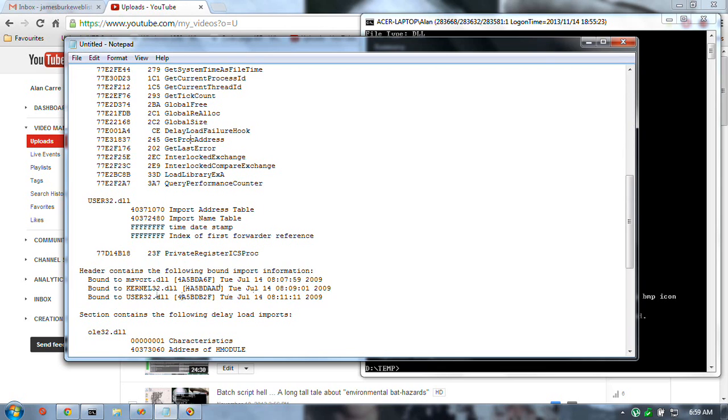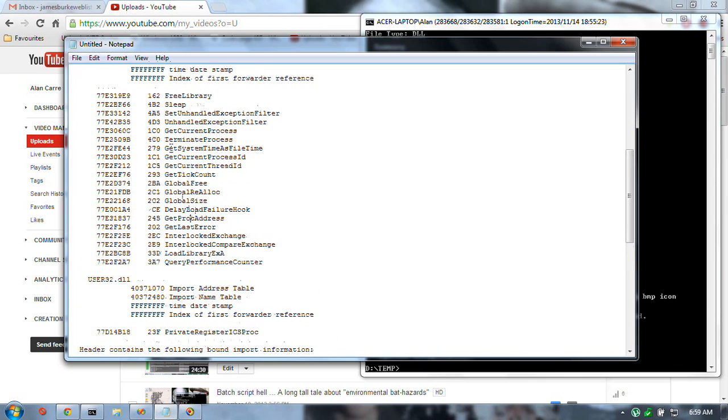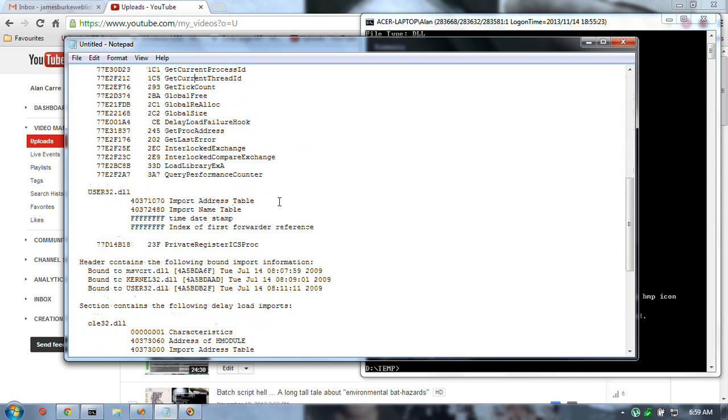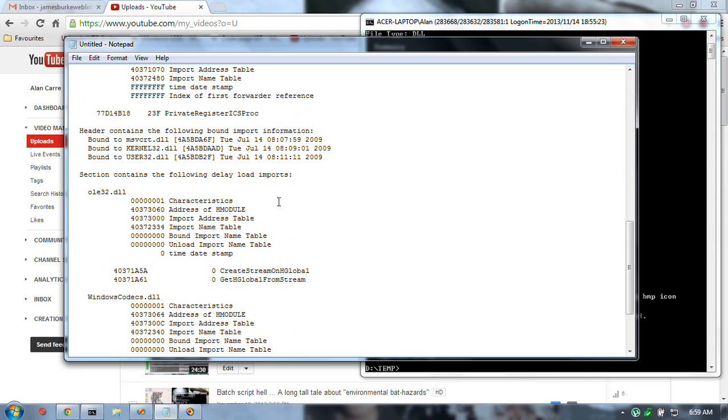I don't know what these bindings are. Do you see load library anywhere here? Oh, here it is. Okay. So standard. It doesn't want anyone to know where it's importing. But anyway,